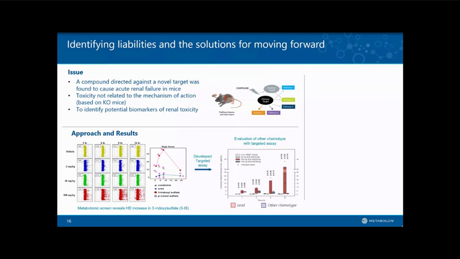Shown on the bottom here is a very condensed schematic of the study. Basically, they simply did an acute dose escalation study. What you're seeing here are z-scores of metabolite changes across the study. On the bottom in red, you're looking at the high dose, and that's where the acute renal failure is occurring. Zooming in on a number of those changes in this plot in the middle, you can see one particular metabolite that was really important in this study. It's in the red trend line here with the high dose once again, and this is 3-indoxyl sulfate.